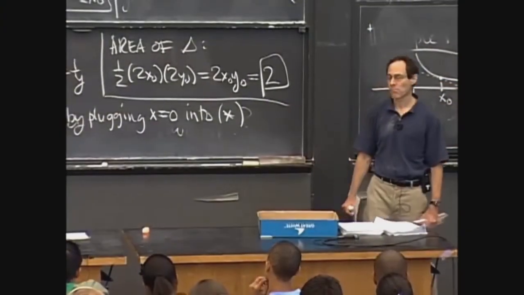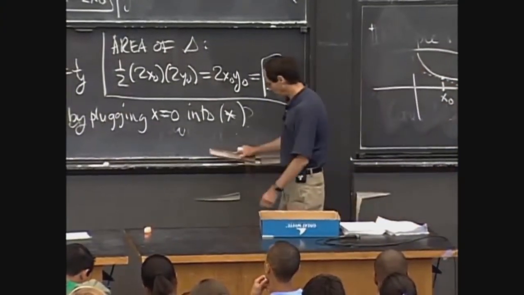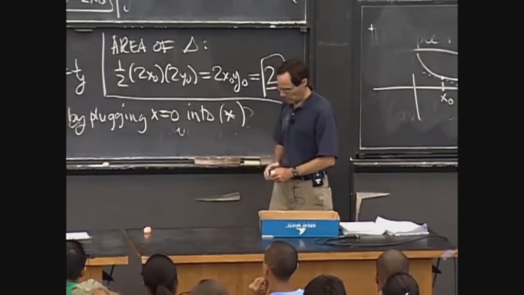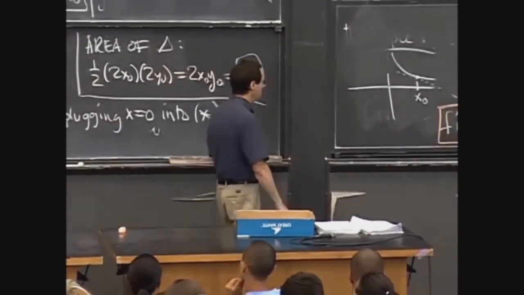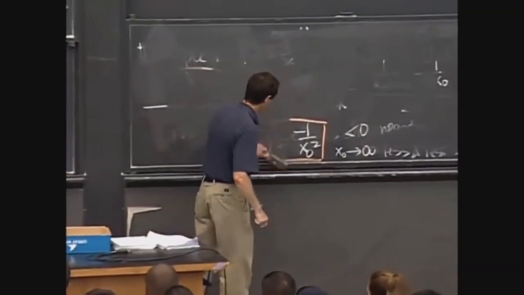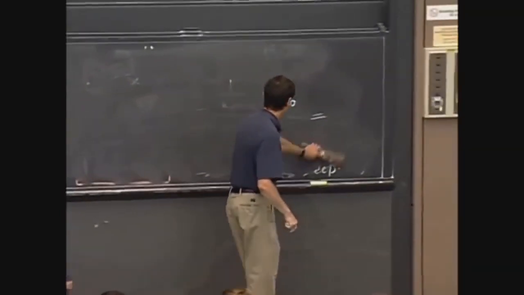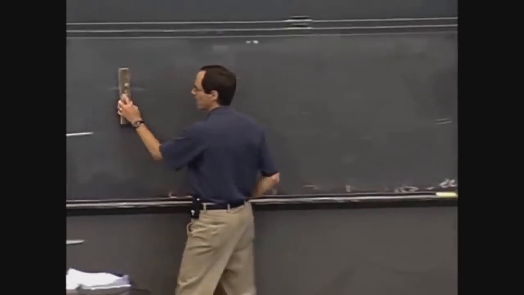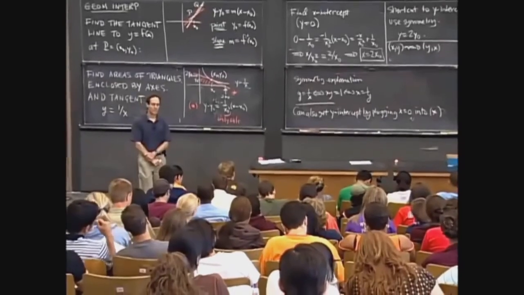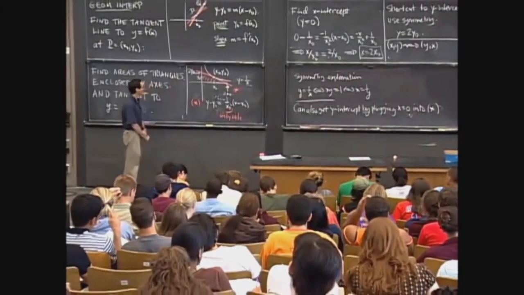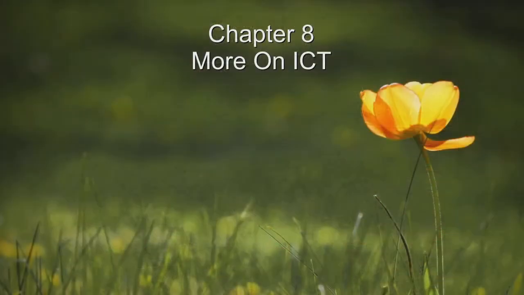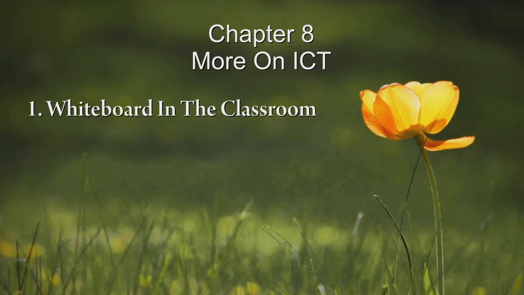Earlier in schools, everything was paper-based. Blackboard, chalk and textbook have been widely used for teaching and learning. But with the use of computers and electronic equipments, schools have become one of the major users of ICT. Let us learn some of the uses of ICT in schools. Okay. First of all, whiteboard in the classroom.